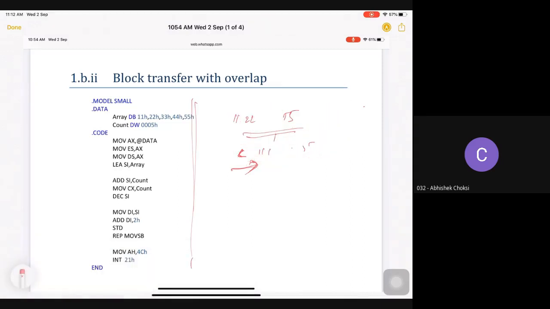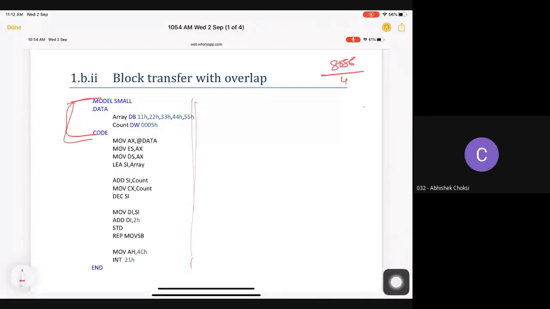So now let me remove all this. Let's start with the program. We'll again cover it from scratch, so those who are not clear can get it. As you know, your 8086 has four segments: code segment, data segment, stack segment, and extra segment. All our variables we declare in the data segment, right? So this is your data segment where you are writing all the data variables that you are supposed to use. My first variable is array.